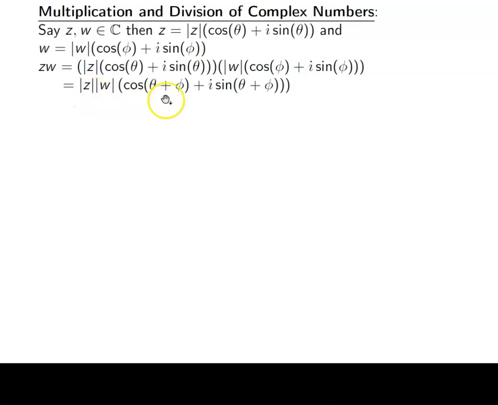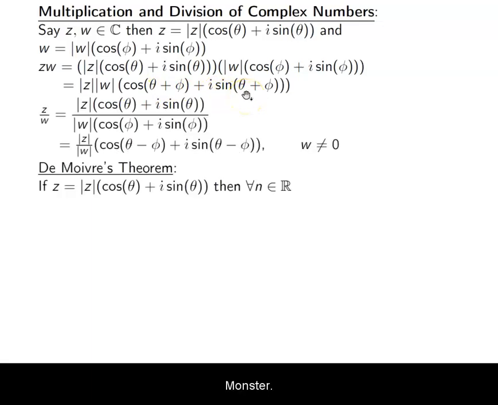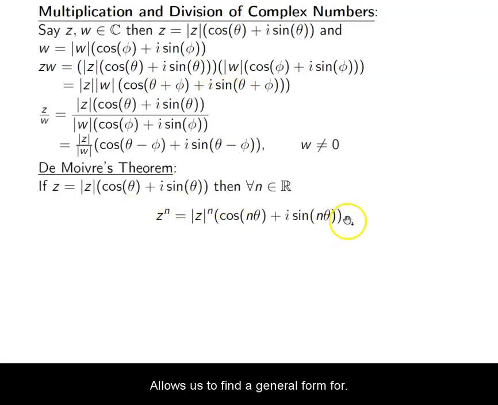The modulus squared, cosine 2 theta plus i sine 2 theta. If this was z cubed, I would have the modulus of z cubed, cosine 3 theta, because it would be theta plus theta plus theta, right? So cosine 3 theta plus i sine 3 theta. So DeMoivre's theorem allows us to find a general form for powers of a